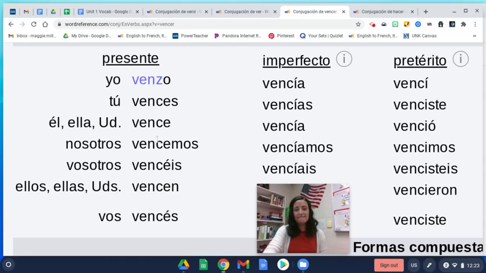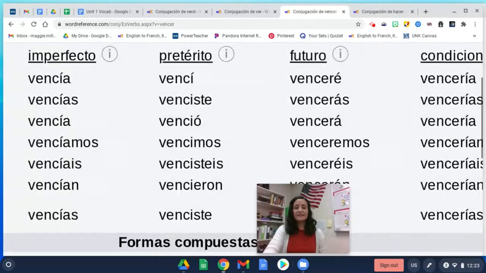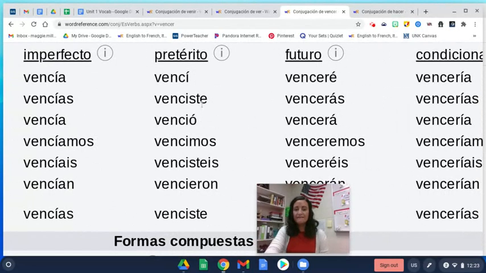Vences, vence, vencemos, vencen. And don't forget with the present tense, we do have amos and emos, so you have to pay attention to hey, is this an ER or an IR verb? Preterite tense, it's another regular verb. Vencí, venciste, venció, vencimos, vencieron. There's nothing irregular about that verb. Okay, it is a completely regular verb in the preterite tense. We are seeing those ER, IR endings. So í, iste, ió, imos, ieron.